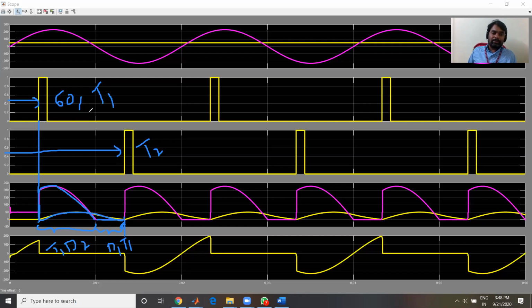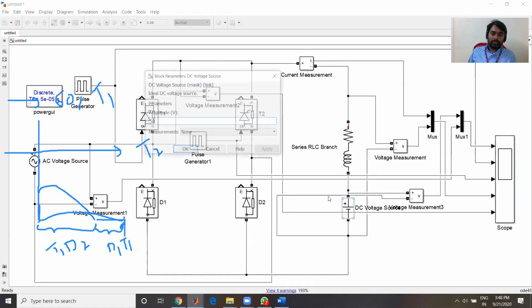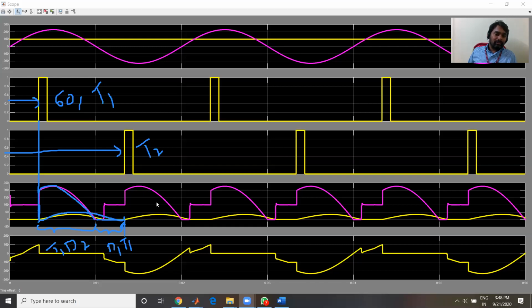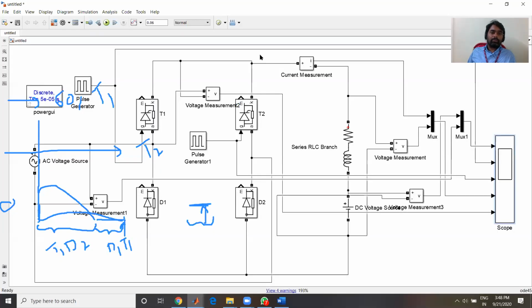Now let us move on to another firing angle. So let me change to 100 volts and let me simulate once again. Here you can see the battery effect now, because the voltage is adjusted to 100 volts. Now you can see during the short portion there is no current. If there is no current, VR will be 0, VL will be 0. You will get the net output voltage as only the battery voltage. So let us go for one more firing angle.